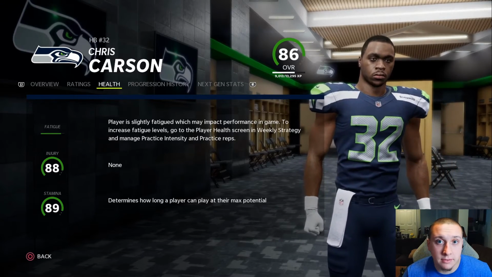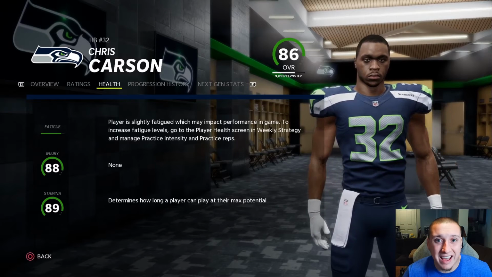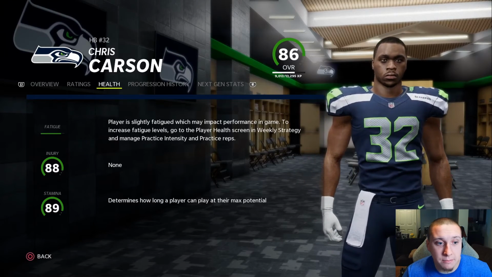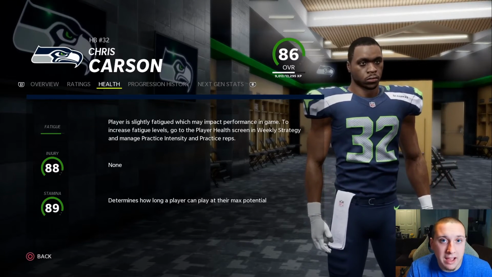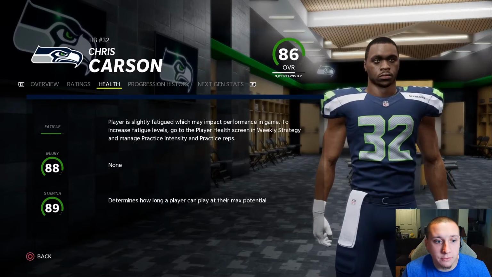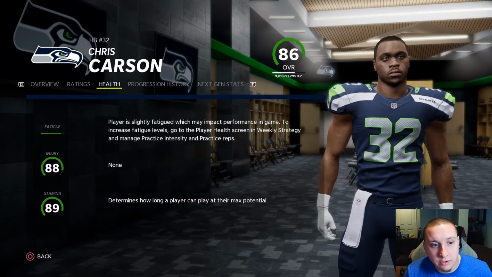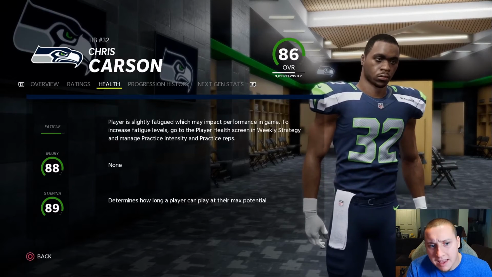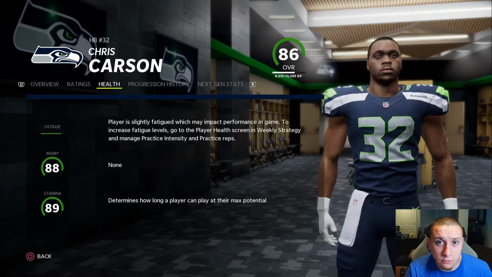It does give a description of where they're at, and you can kind of come up with a number in your head based on how much, percentage-wise, you believe that bar for them is full. So for Chris Carson here, for example, I would say his bar is maybe about 90% full, which means that